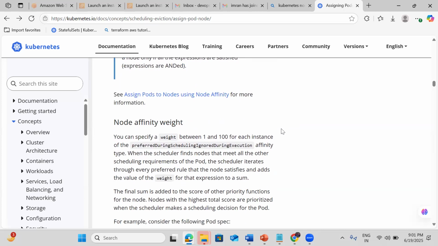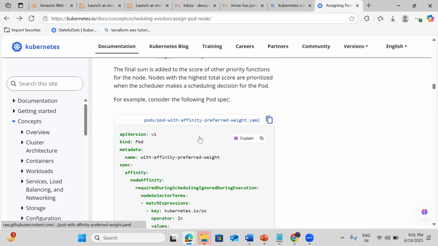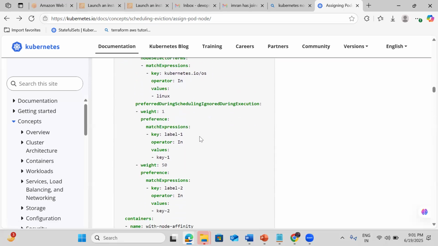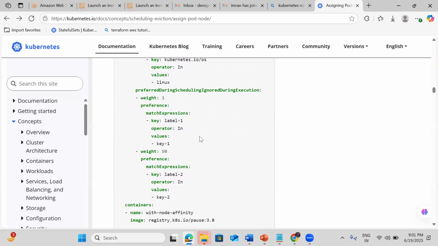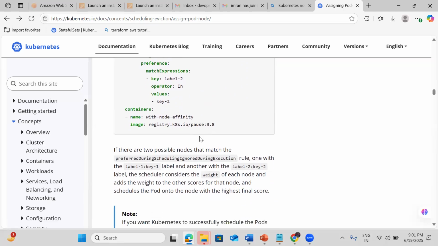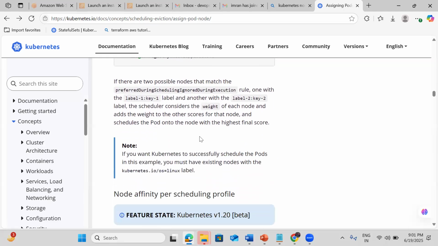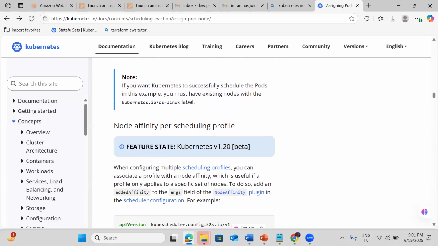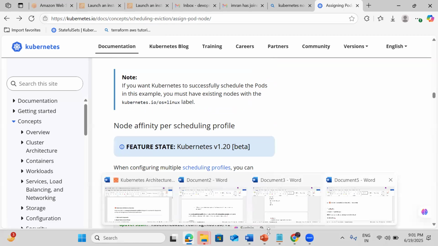And in the weight, we can also give the preference order. Okay, so now here 1 and 50, we are going to give the weightage also. Based on that it is going to load balance. Okay, and another method we have is